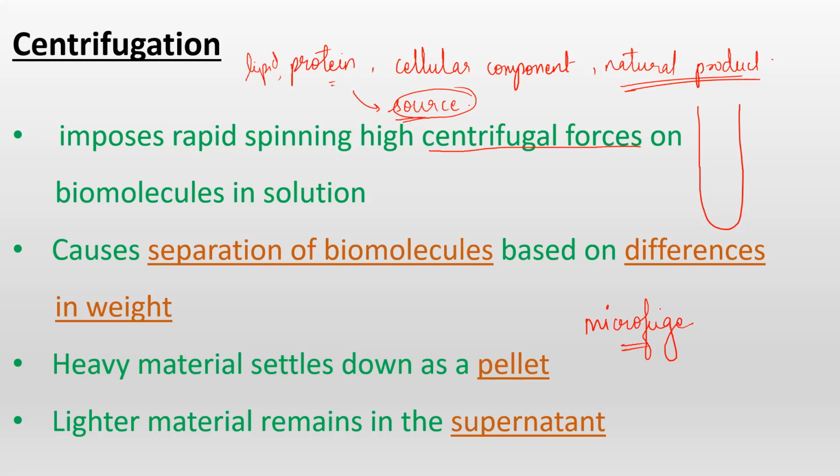When you're using larger volumes, 50 ml, 100 ml, 200 ml, then you use a bigger machine, because you're going to keep your sample in that machine. You're going to pour the sample into a container, and you're going to keep the container in the centrifuge. That container could be a tube, or it could be a bottle-like thing also. So it has a cap. The cap or lid is there just to keep the sample from coming out,